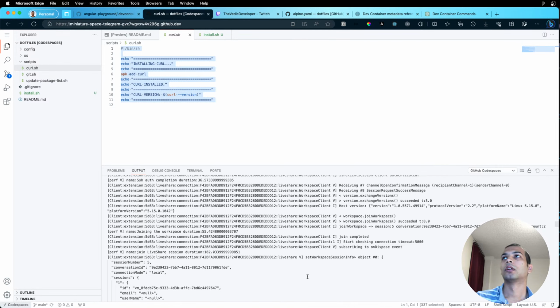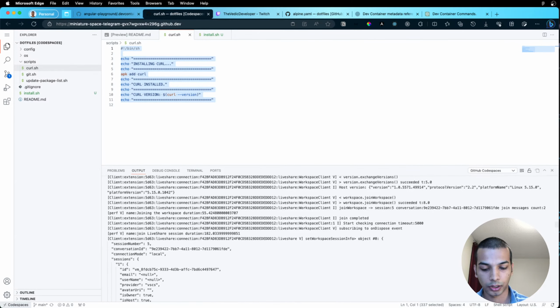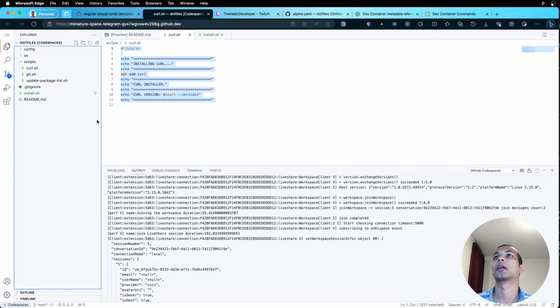So what is going to happen? I'm kind of creating and saving all my configurations in one place. This repository is going to get installed every time I'm creating a new GitHub Codespace, and that GitHub Codespace will come and run the install.sh. That install.sh file will call or will run